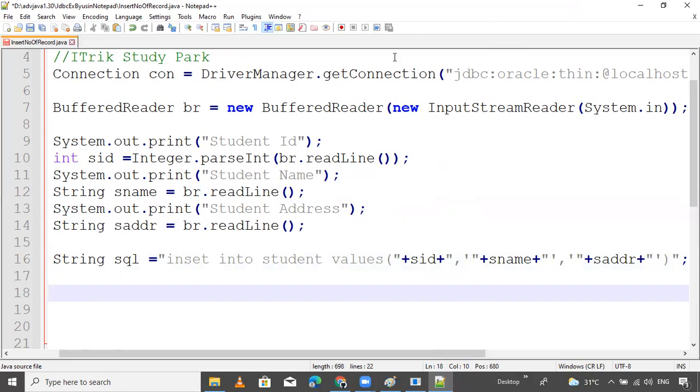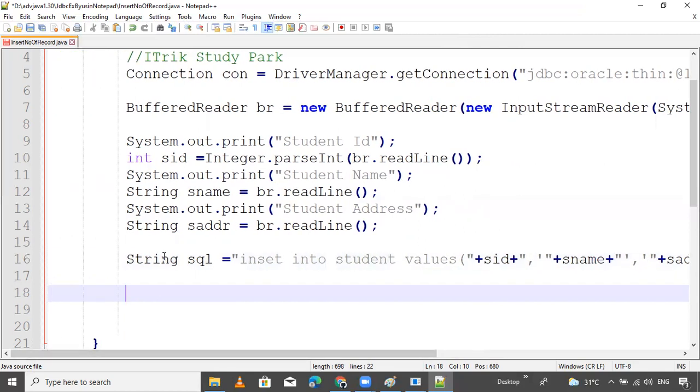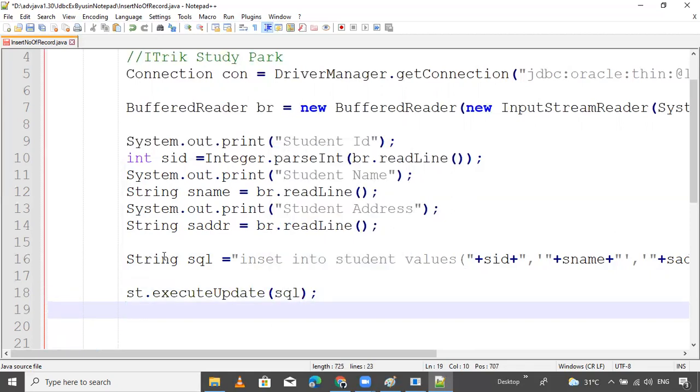Now next thing, what do we do here? Execute this query. This is a non-select query, so we use the executeUpdate method. What is that method? executeUpdate, simple, pass the SQL. Okay.